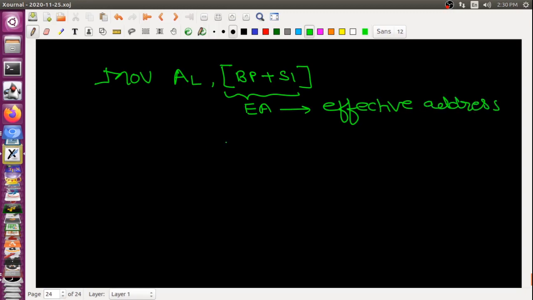For example, if the base pointer value BP is 0010H, and my SI has the value 0040H, I will calculate it because it shows BP plus SI. First we calculate the effective address.